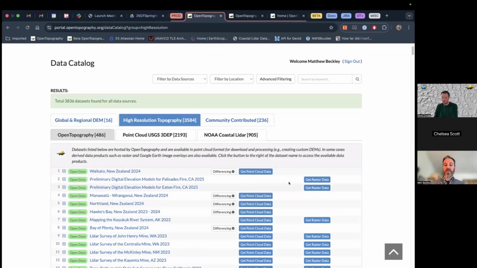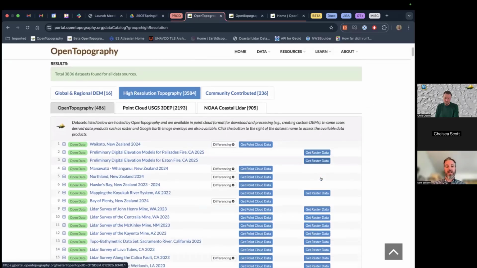Sometimes we just get the LiDAR point clouds. Sometimes we just get a raster or gridded product, and sometimes we get both, in which case the collectors provided LiDAR point cloud data, and they also created a gridded raster product that they want to share with us. So, for example, this Alaska data set you see, we have both point cloud and pre-computed raster data for that data set.